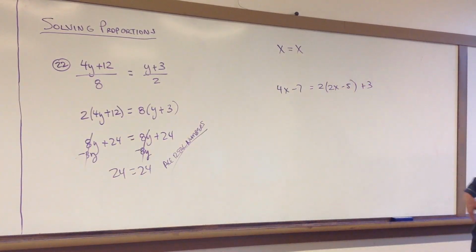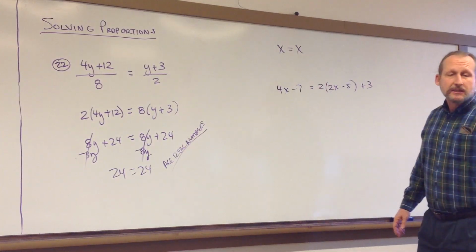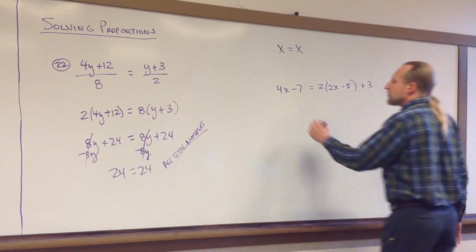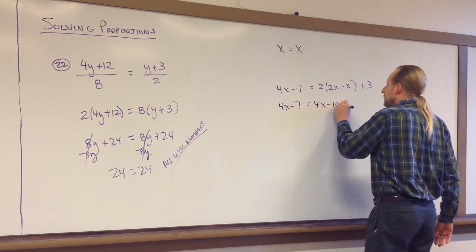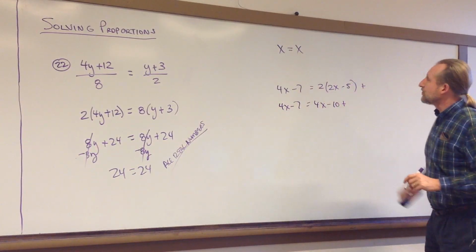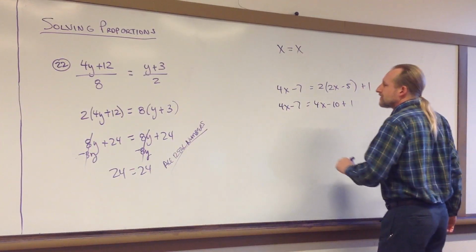Okay, so I just made this one up just to demonstrate something for you. And like I said, this is not going to be on the quiz, not going to be on your test. So, this stays the way it is. Over here we get 4x minus 10 plus 3. Oh, darn, I made a bad example here. So let's put a 1 over here, okay? All right, so